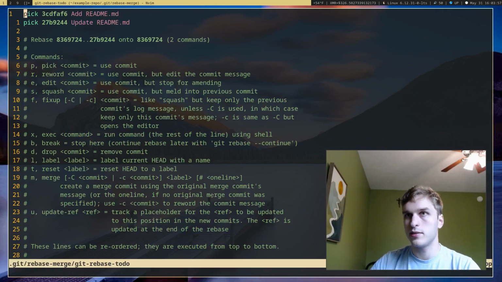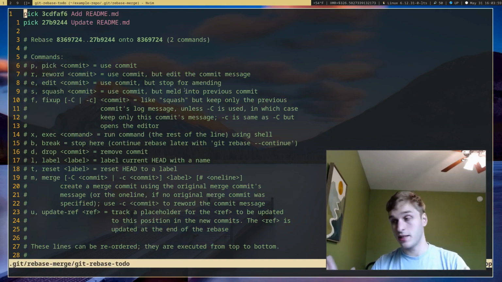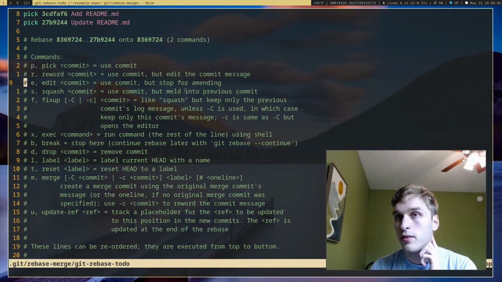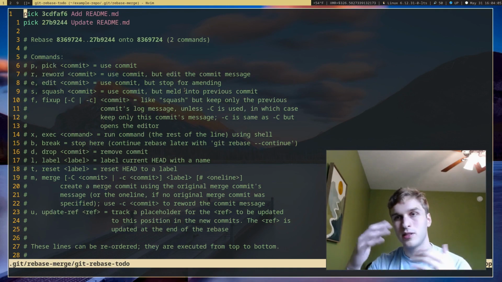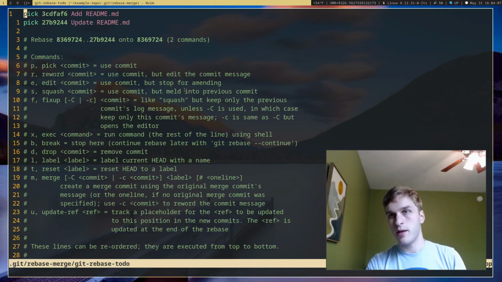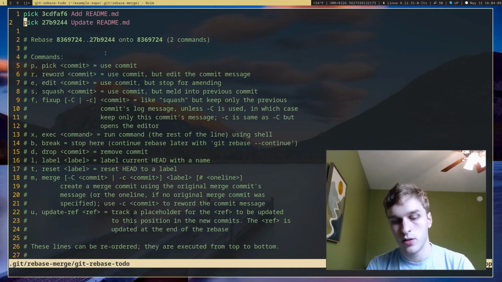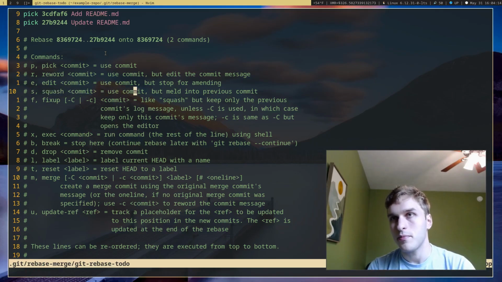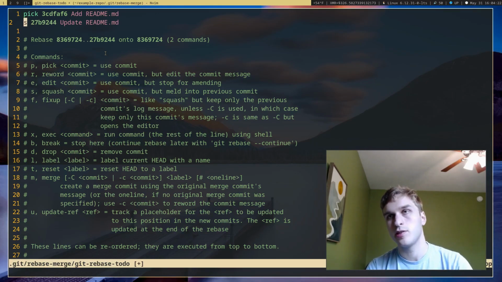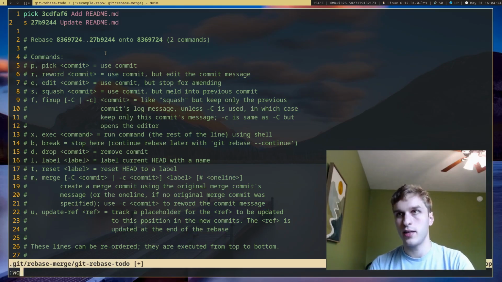If I run that, you'll see our text editor is open with this huge message that basically summarizes all the commands you can do. And what I want to do is I actually want to squash right here. And so I want to basically squash these two commits together. So I want to instead get rid of pick right here, and I'll just say s for squash. And so we can actually write this file,